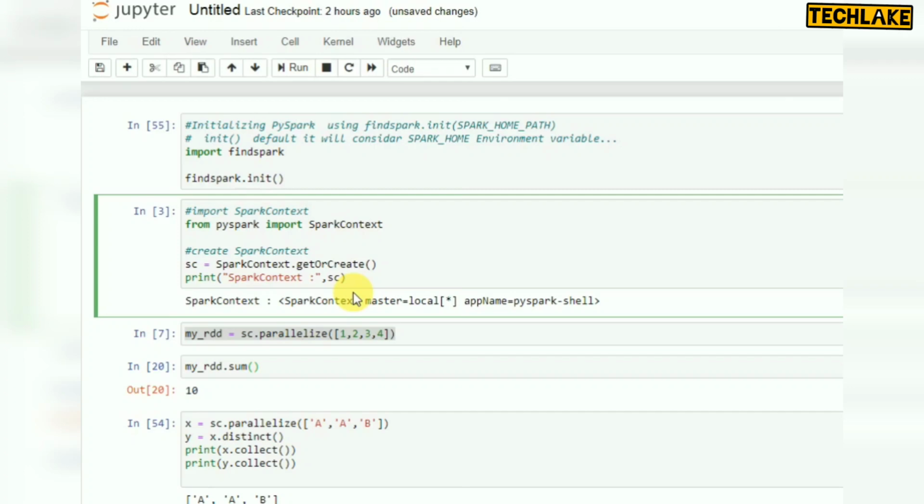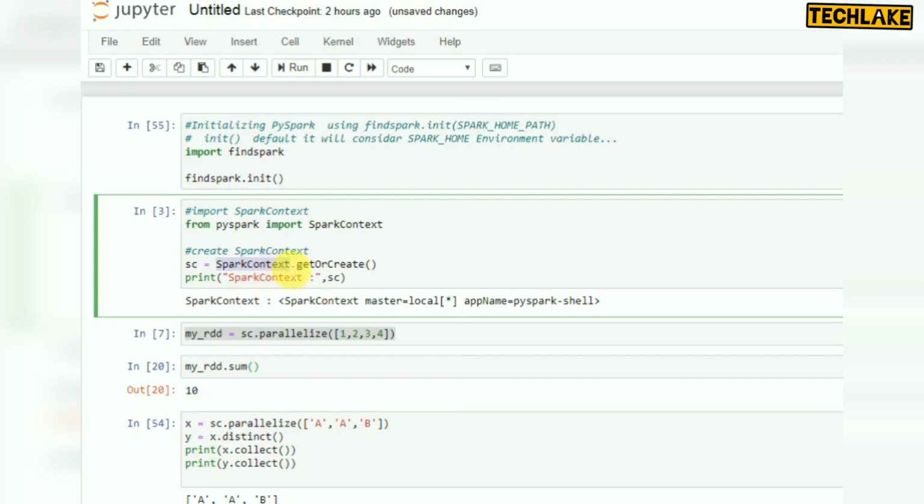To create a Spark context, first you have to import the PySpark module called SparkContext. Then we create a Spark context. You can use any name, but I'm using the standard name sc. SC means Spark context, so you can easily identify it. In a project with multiple variables, datasets, data frames, and RDDs, you will get confused otherwise. So sc is the default way to identify it, or you can use the full name spark_context.